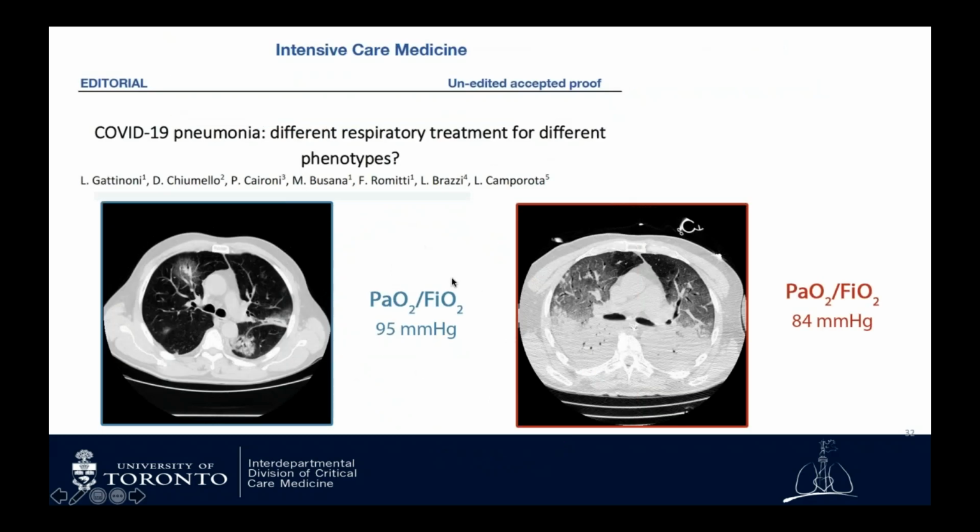And this is the idea, again, if you read this paper closely, what Gattinoni is hypothesizing, because it's an editorial and it's relatively data free. It's more a supposition or a hypothesis that many patients present early on with this form of COVID-19, which may just be viral pneumonia or mild ARDS, although the oxygenation is worse than usual. And then some of them go on to develop this phenotype, perhaps through patient self-inflicted lung injury because of high respiratory efforts.